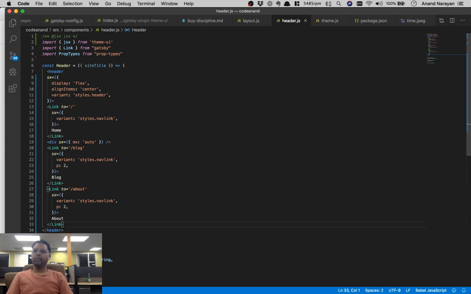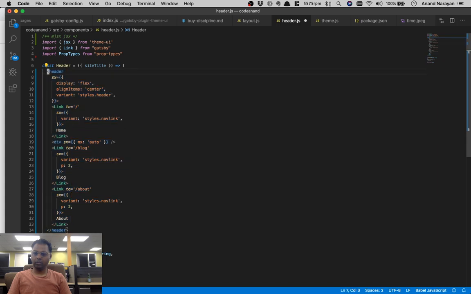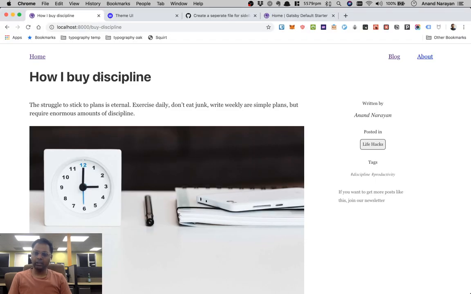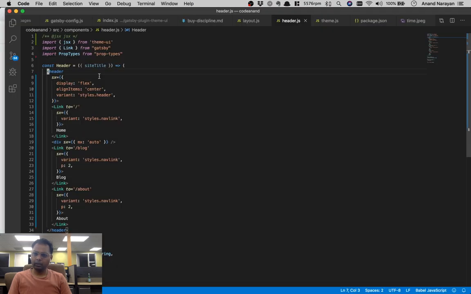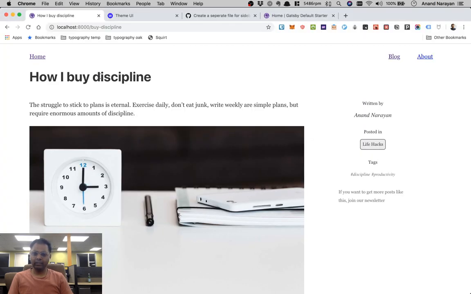Okay, so let's understand what's being written. 27 lines down. Got it. Yeah. So we have a header and then it is of type flex with center aligned. The items are center aligned. Okay, that doesn't make sense. Why would the items be center aligned? Variant with styles header. I have to look at their